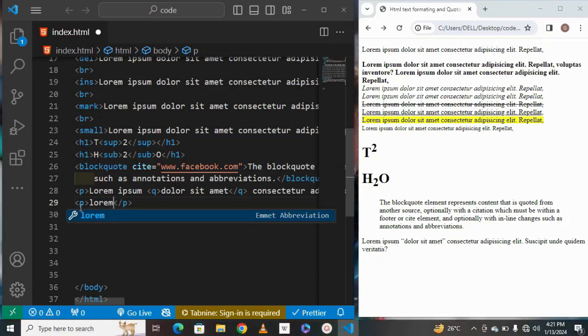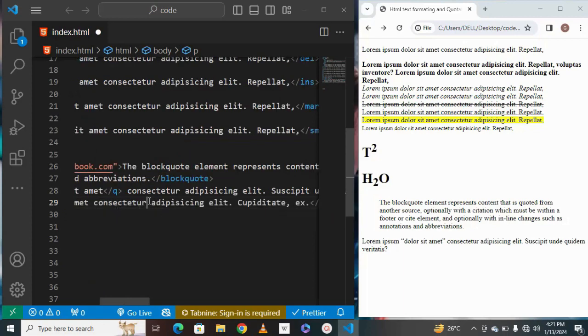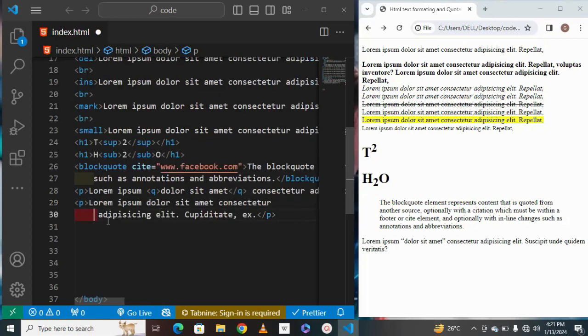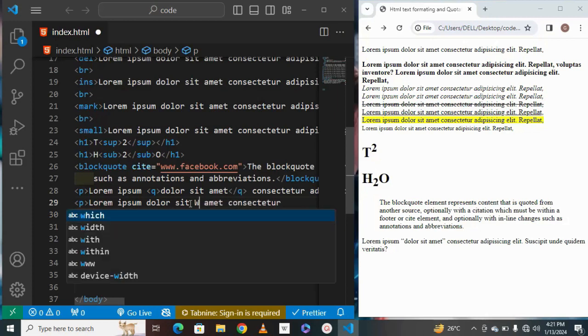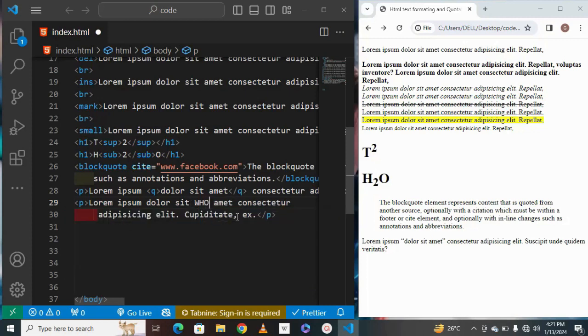Let me say lorem 10. Let me cut this. So now this is what I'm writing. In this text, at this part, I want to put W-H-O, the WHO. When I refresh, someone who is reading this may not even know what this WHO really means. So if you want to put the abbreviation, all you need to do is wrap that text